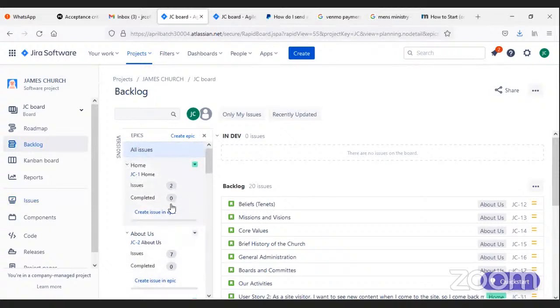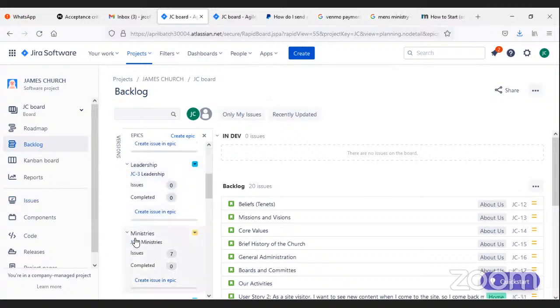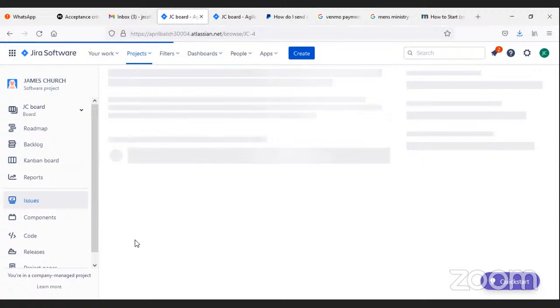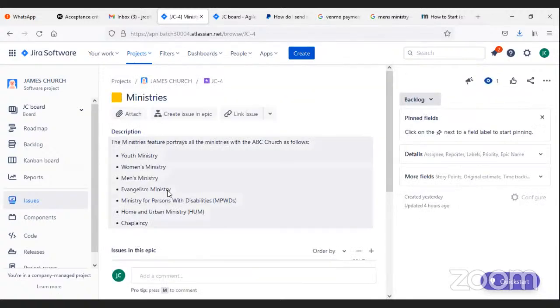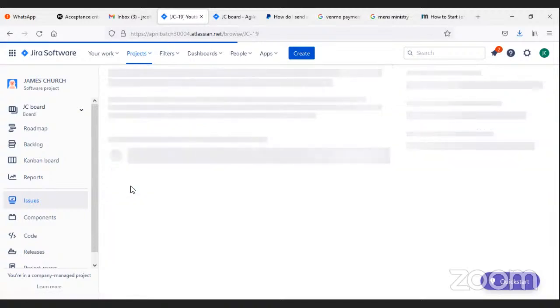So, for example, we can do, let's just say, ministries. So the ministries feature portrays all the ministries within the ABC Church as follows. So we have youth ministry, women's ministry, men's ministry, evangelism ministry. We have ministry for persons with disability. We have home and urban ministry. Then we have the chaplaincy. So if we pick, for example, youth ministry,